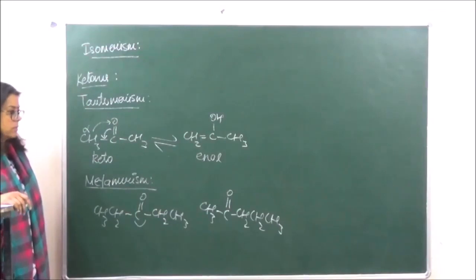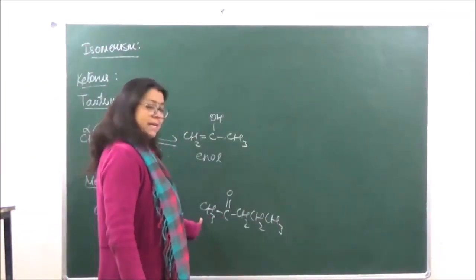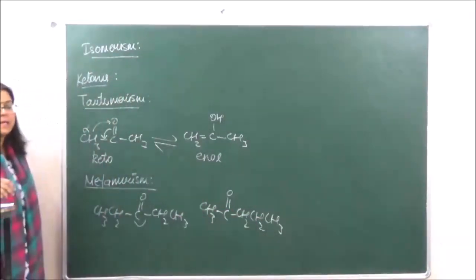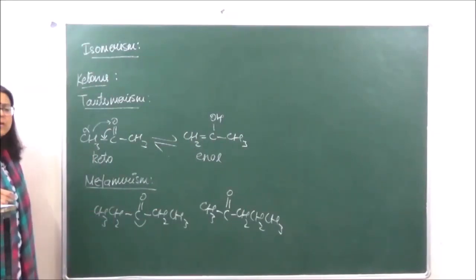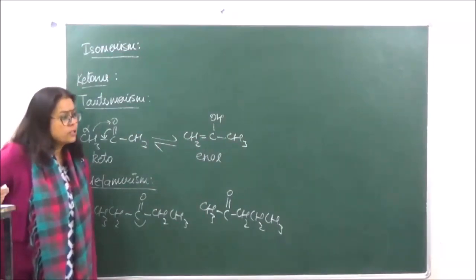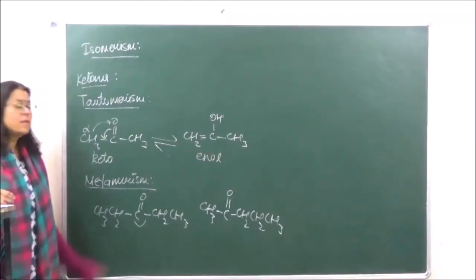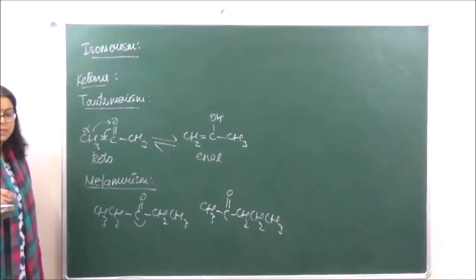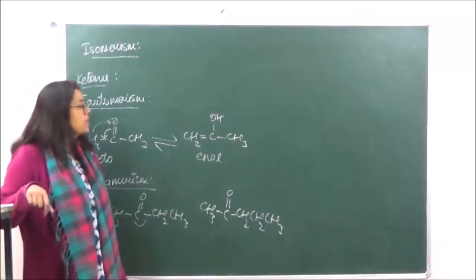okay. So over here around the keto there is one carbon, and there are going to be 3 carbon atoms on the right hand side. Okay, so this is also known as position isomer if it would have been some other functional group where the position of the functional group is changing. But in case of ketones, more commonly we name this as metamerism. Okay? So this is all what we are going to do today in this particular introduction.